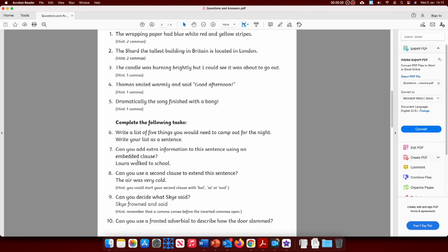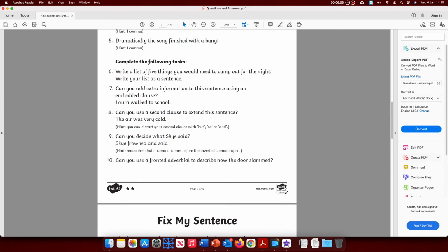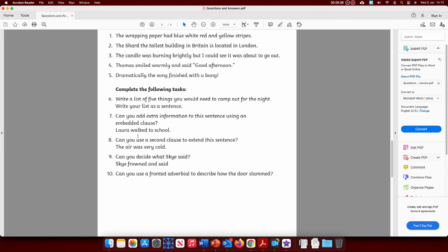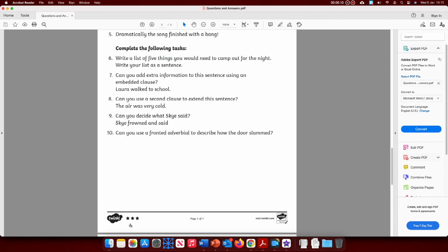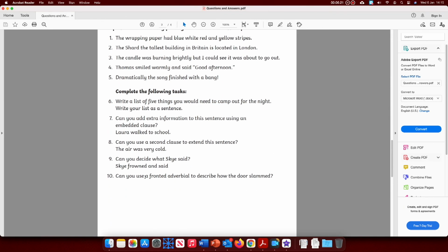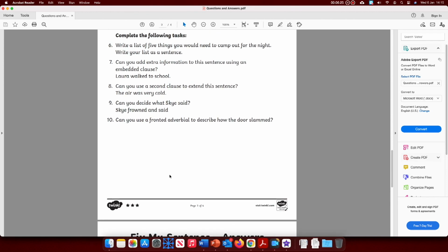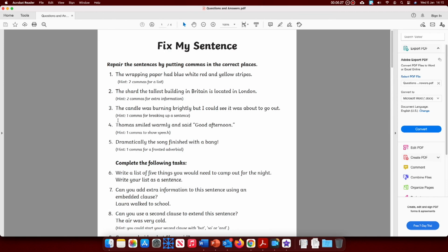We then have the second task, slightly trickier, and then we have the third level. And you can tell that they are more difficult by looking at the stars at the bottom. The more stars, the more difficult it is. So we would like you to pick one of those, please, to have a go at. Write the sentences into your books unless you prefer to print it. Once you've done it, as I said, the answers are at the bottom for you to check and see if you've got it correct. For now,